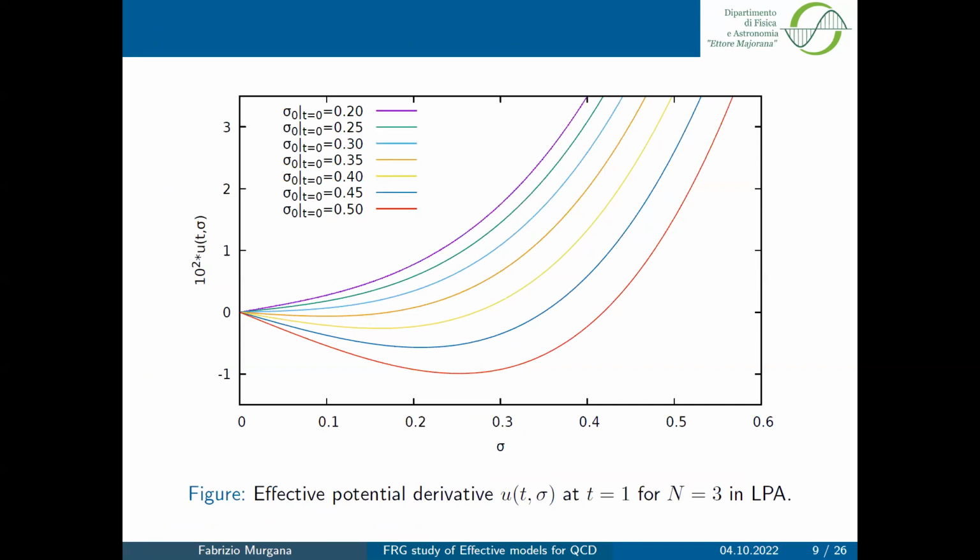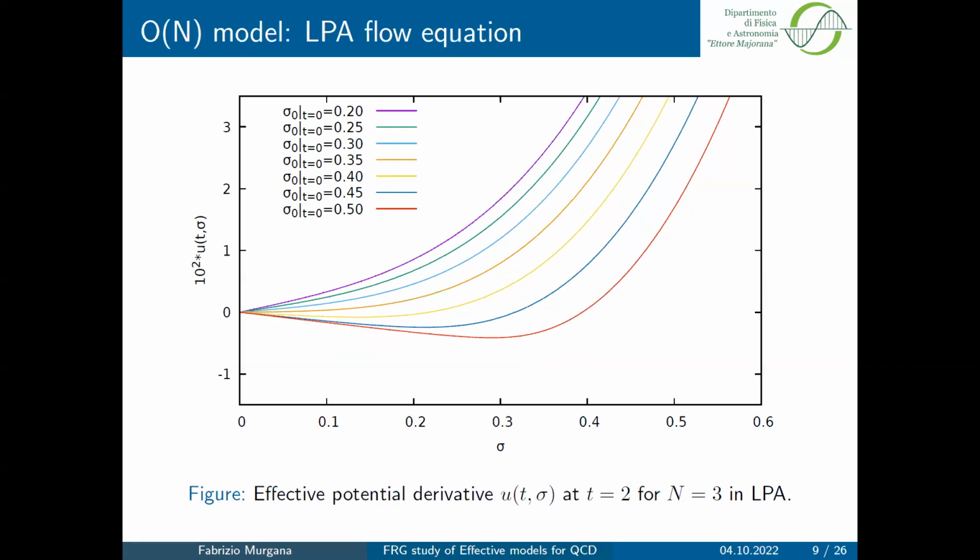So now we look at some results for the effective potential. We see how the derivative of the effective potential changes as we increase time. So already this is at t equals 1, and these are different curves, different potentials obtained for different values of the minimum in the UV. So we see that the bigger the minimum is, the more broken the symmetry is. And if we then go to higher time,